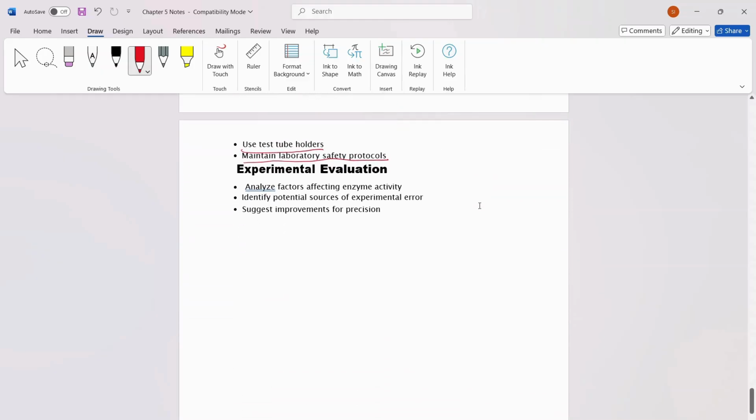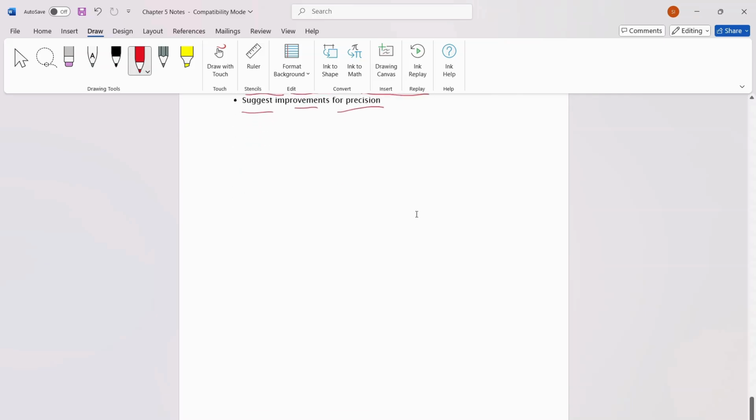Experimental evaluation. Analyze factors affecting enzyme activity. Identify potential sources of experimental error. Suggest improvements for precision. Alright, with this we have finished this chapter, and now we are going to continue